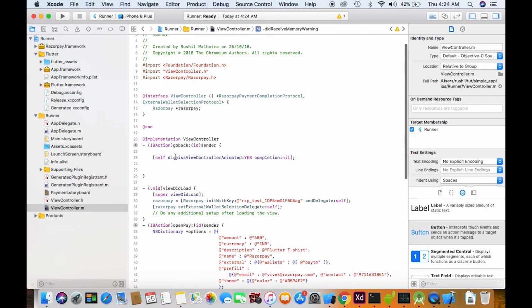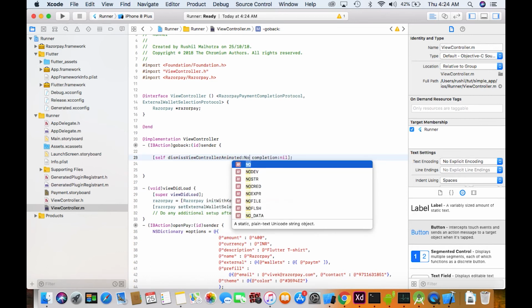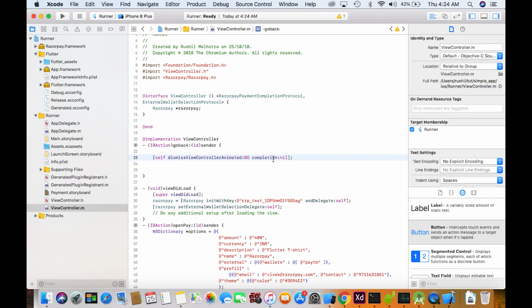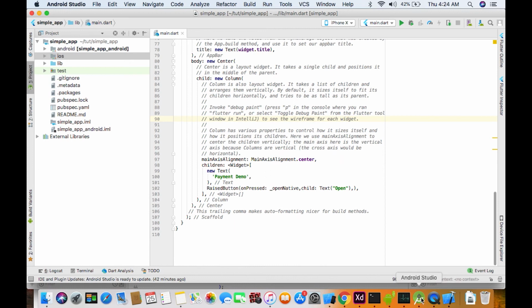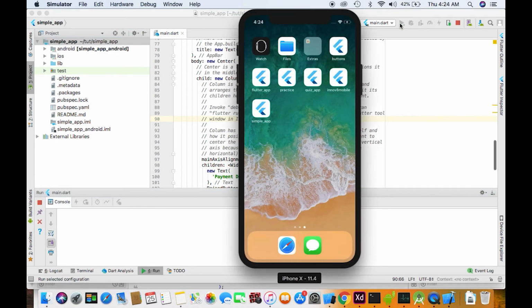Now let's build it again. Maybe Razorpay might have some issues. Let's see, I'm not sure. Maybe this is going to work, maybe not. Okay, we're in the iOS tree. Let's build the code. Since hard reload won't work because we have changed the iOS code also. I know this is a fairly long tutorial. I'll try to edit it better.